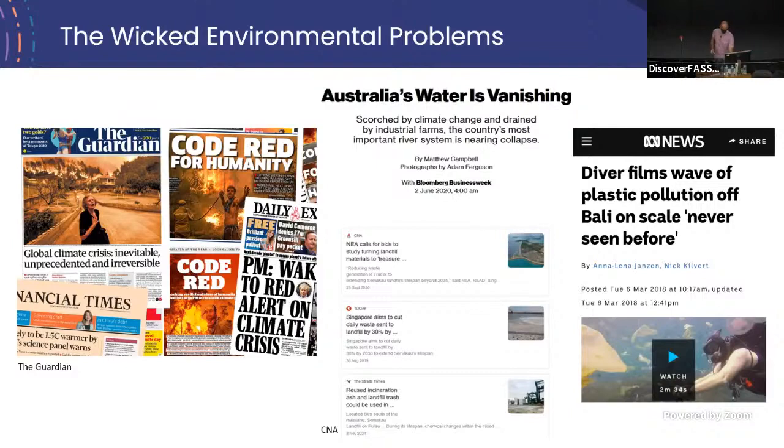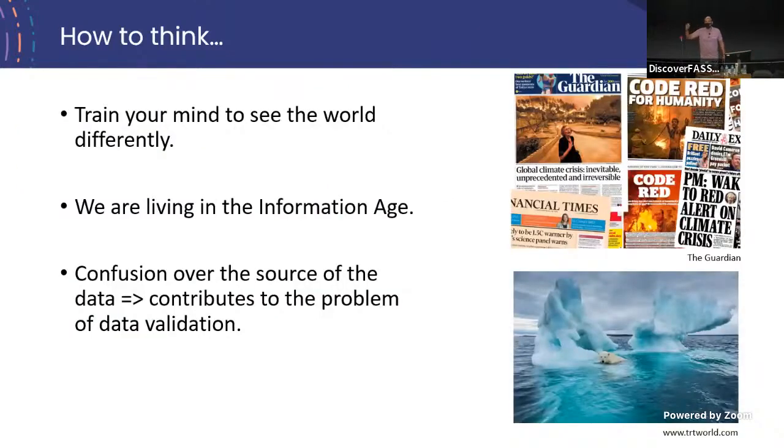And we really have to change the way we think. So in the methods module, what I get folks to think about is that you have to train your mind to see the world differently. Whenever we see such pictures, like the headline I showed, and this rather provocative photo of this polar bear and ice caps melting, it raises awareness. And most of us will basically Google this, or use our phones or our laptops.